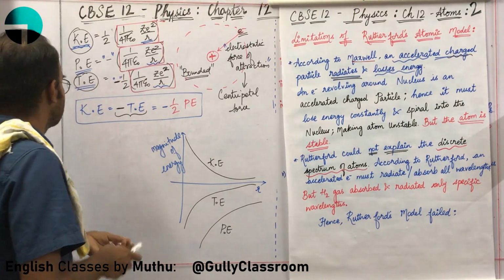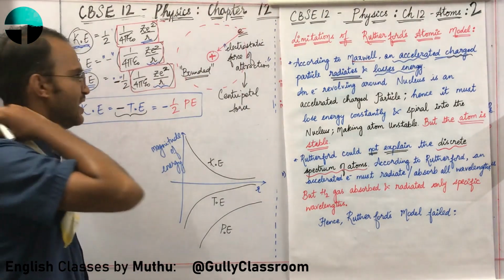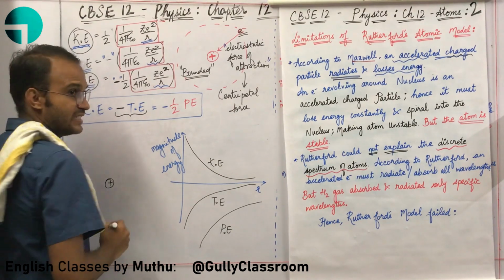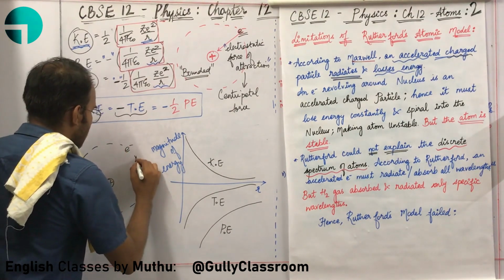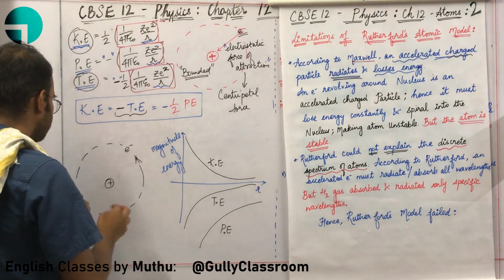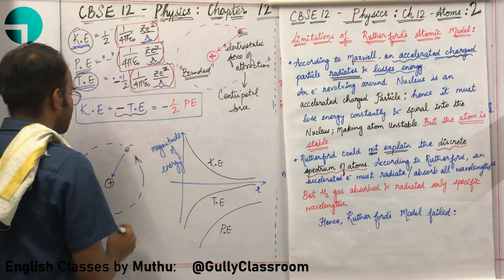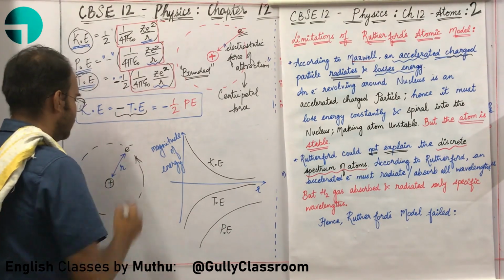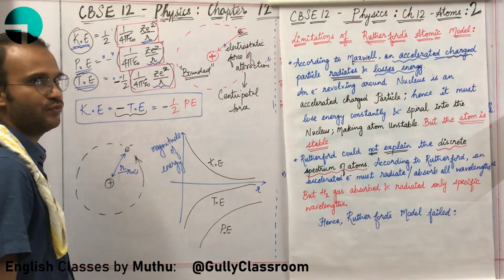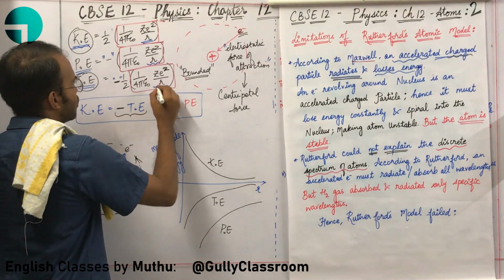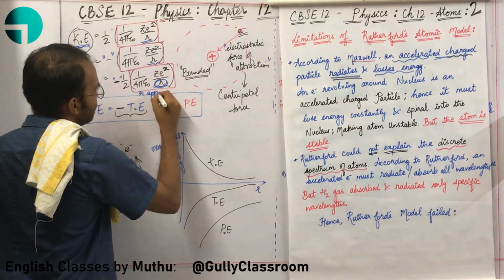Another thing, let me ask you a question. When will this electron escape? There is a positively charged nucleus. There is an electron which is simply going around like this. So with this electron rotating, undergoing revolutions, it is being attracted by the nucleus. If this particular R value is increased to infinity, what will happen? Here in the total energy, in the denominator, R approaches infinity.